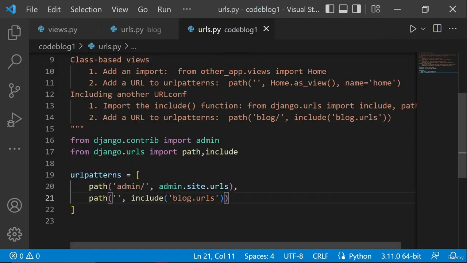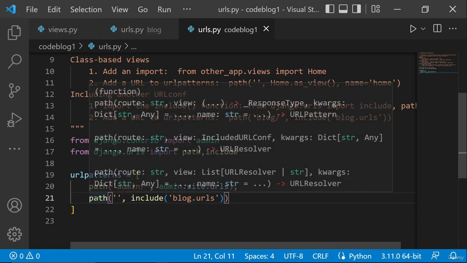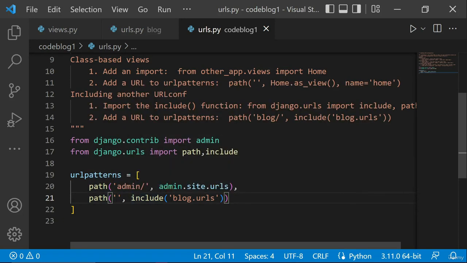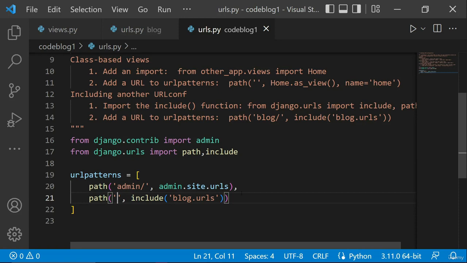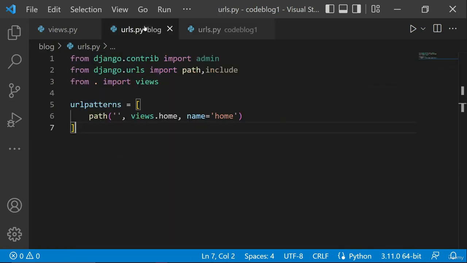So here you can see we are adding the path. If it is admin, in that case we are going to be redirecting it to the admin panel. If the user is not admin, it is coming with a blank string. In that we are just including the blog.urls. So we are just passing the control to the blogs.url file, and after that it will just come inside here,